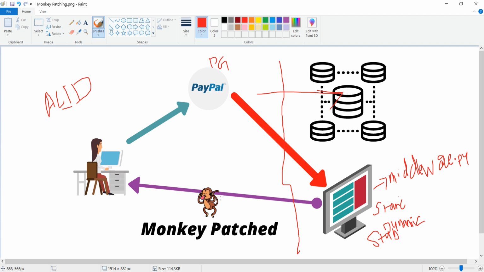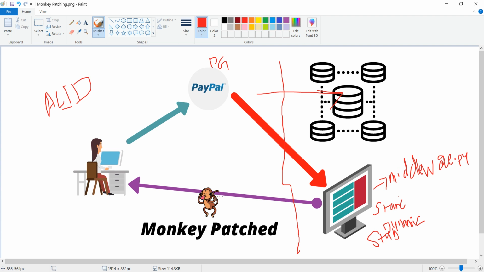So what is the definition, or what can you understand from this discussion? Monkey patching, as I mentioned before, is not a design technique or a development practice, but a procedure used for testing these services.